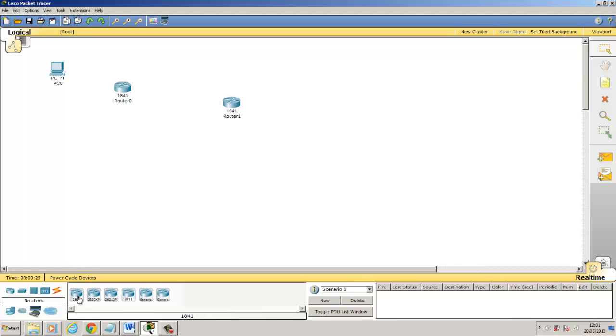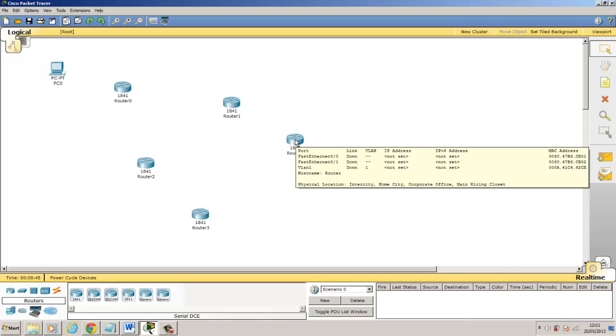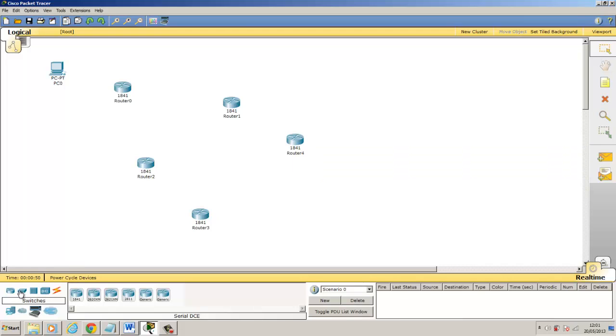I'm going to do the same again, another router, and so on. And you do the same. When you've got the same amount of routers as me, we should be ready to start configuring the right amount of PCs and switches as well. So 2, 3, 4. So we should have 5 routers. Now we're going to get a couple of switches. If you click down to switches here, I'm just going to use a 2950T. It doesn't really matter which one for this exercise. I'm going to drop a switch there,